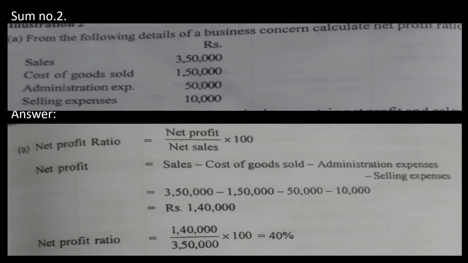Now you are going to find the net profit ratio. Sales minus cost of goods sold is gross profit, and gross profit minus administrative expense and selling expense will give you net profit. That is what is given here. And the answer: sales minus cost of goods sold minus administrative minus selling. Minus everything from the sales will give you the final answer, net profit. So net profit by net sales into 100 is net profit ratio. Okay. Next